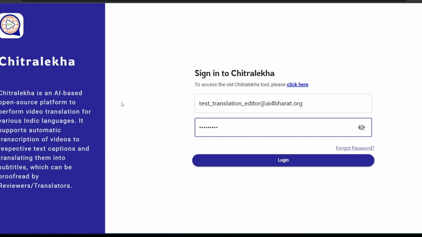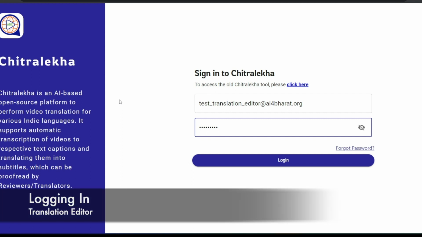Hello, let's see a demo of translation editor workflow of Chitralekha. Chitralekha is an open source AI based video subtitling platform. Logging in as the translation editor,